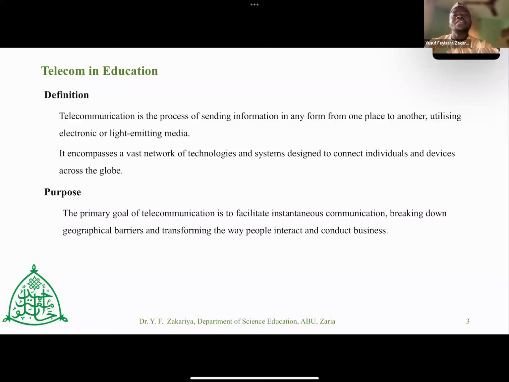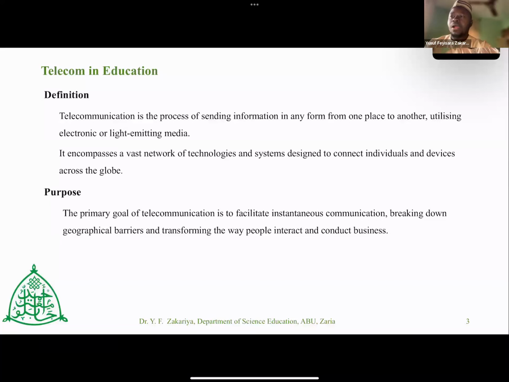So why do we have to telecommunicate? Why do we engage in telecommunication? The primary goal of telecommunication is to facilitate instantaneous communication. Instantaneous is a word that comes from instant, that is immediate, okay? So the primary goal of telecommunication is to facilitate immediate communication, where we can break down the barrier of geography, and where we can transform the way people interact and